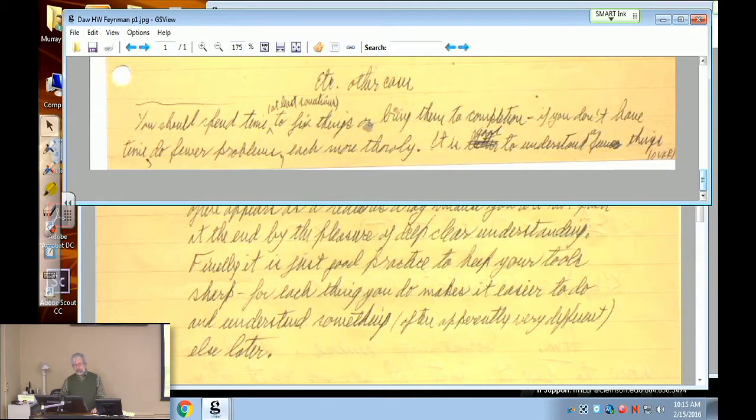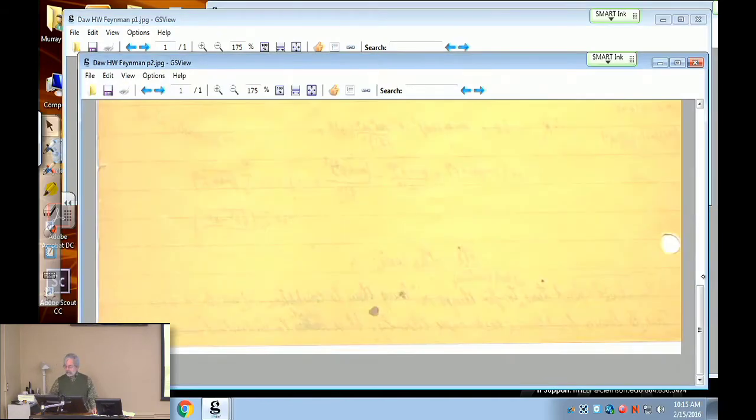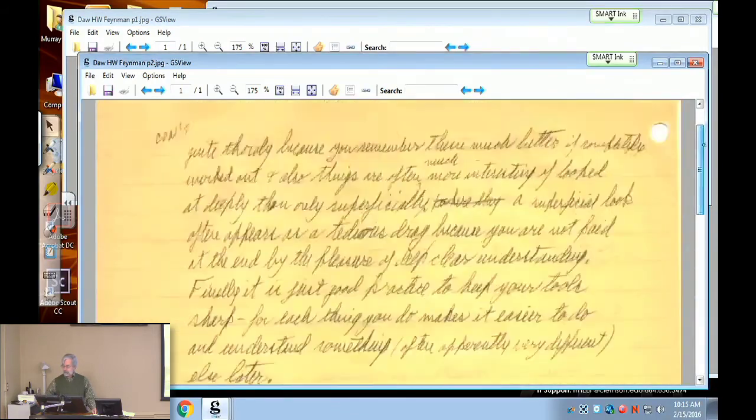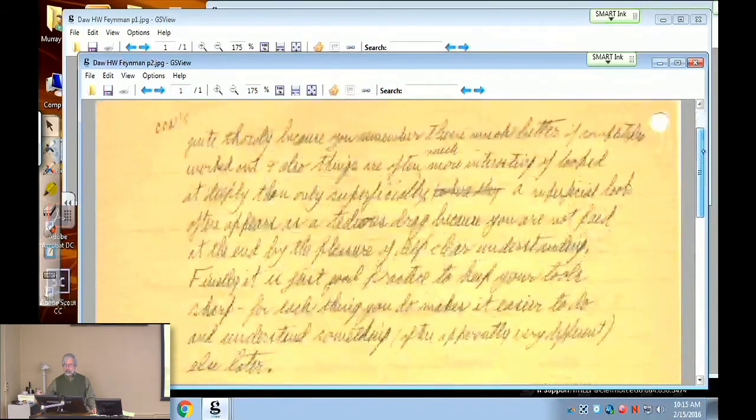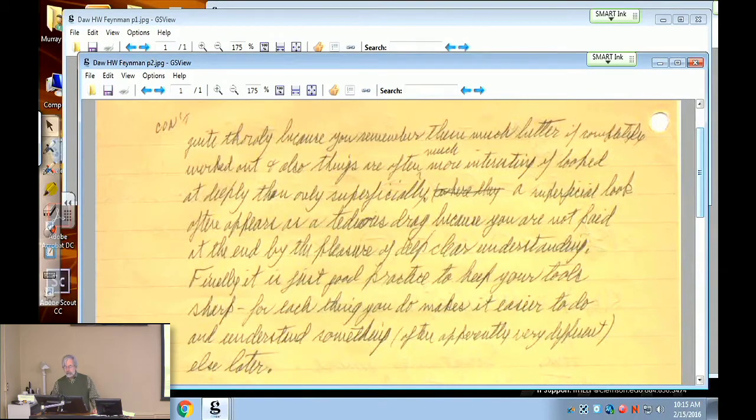He's instructing me to complete stuff. I'm leaving stuff incomplete, I'm getting started on stuff. Do fewer problems, each more thoroughly. He misspells thoroughly. Consistently misspells it anyway. It is good to understand a few things quite thoroughly, because you remember these much better if completely worked out. And also things are often much more interesting if looked at deeply,